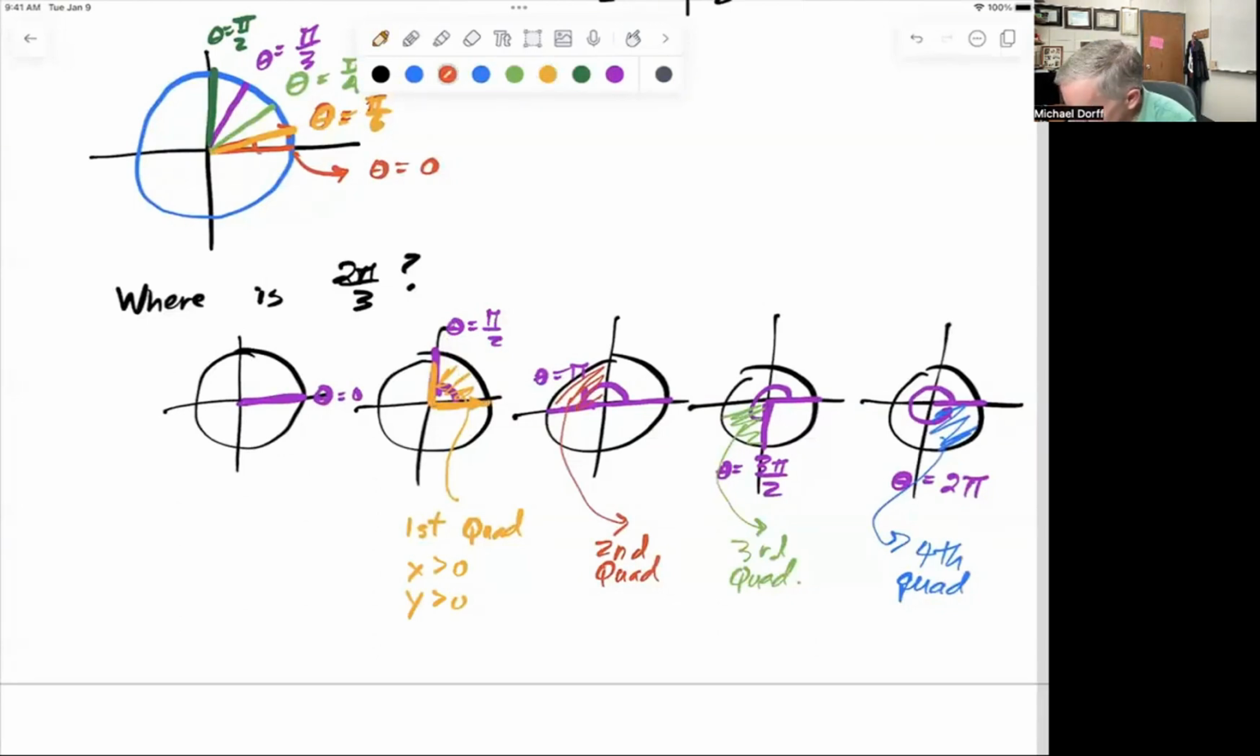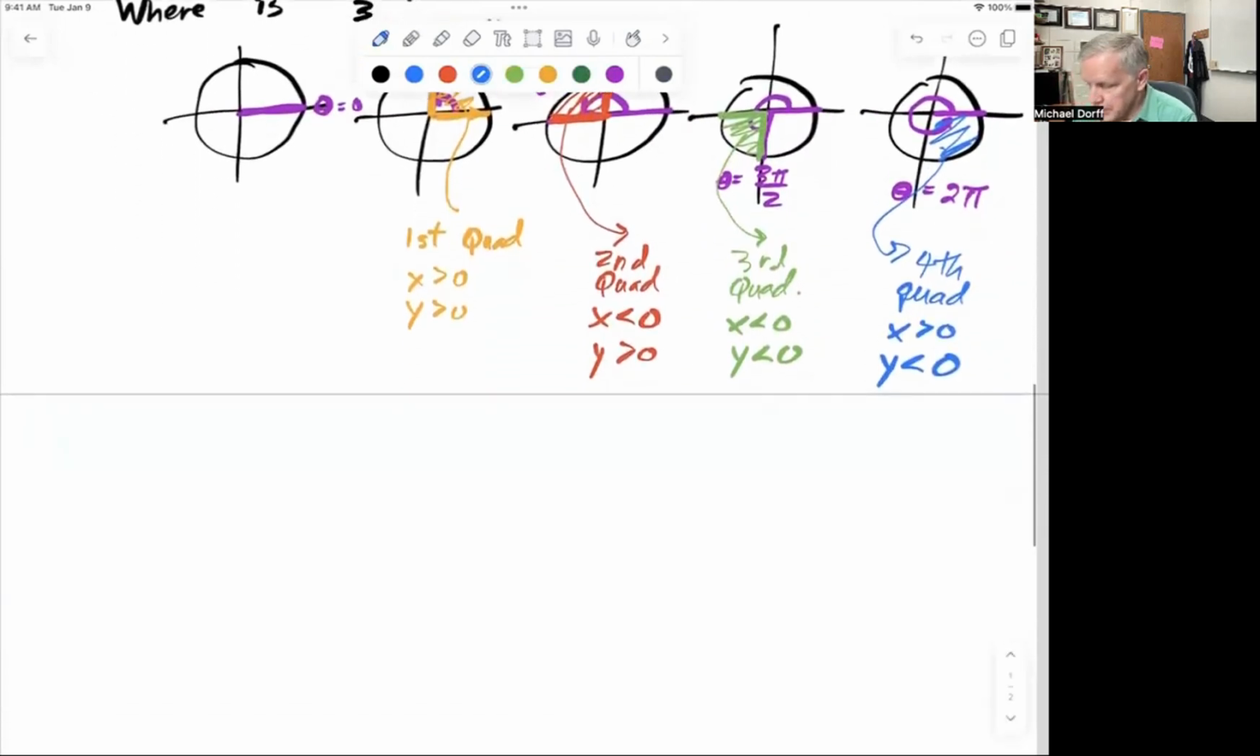If I go to the second quadrant, it changes. Now x is less than 0 because I'm over here, to the left of the origin, and there we have negative x values. But y is still positive because it's up here. In the third quadrant here, we will notice that x and y are both negative. And in the fourth quadrant, x is positive, but y is less than 0. Now, this will be important when we start figuring out the exact cosine and sine values of these